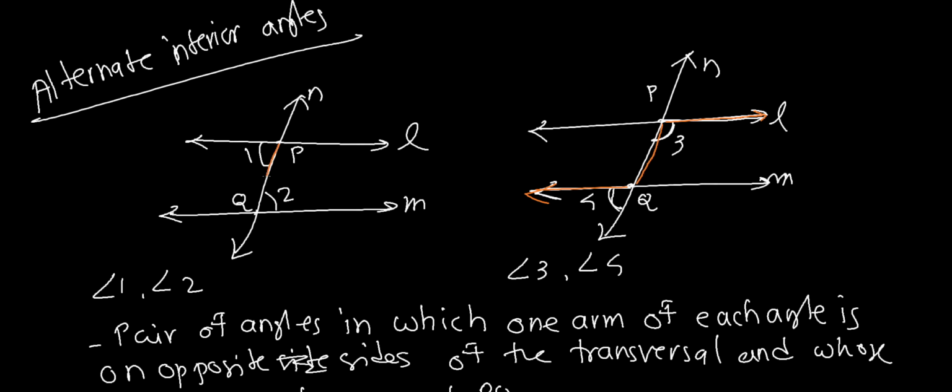Same thing, this is their common arm PQ for angle 1 and 2, and this is their other arm. Both are in the opposite direction. So based on that, these are the alternate interior angles. Sorry, this should be my mistake. This should be